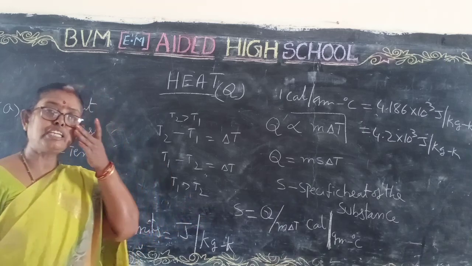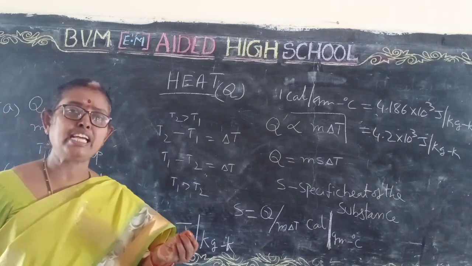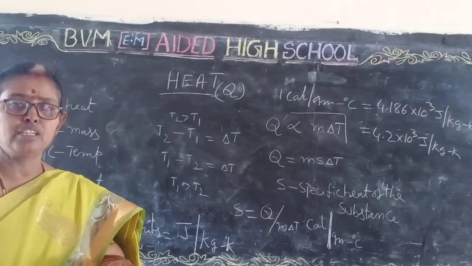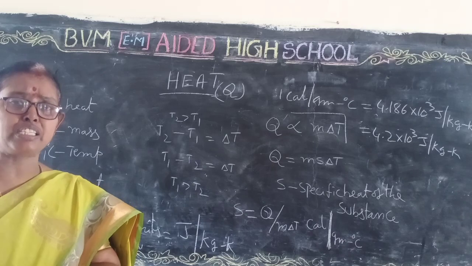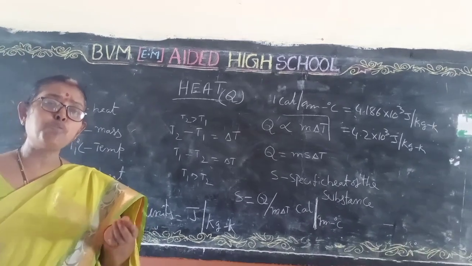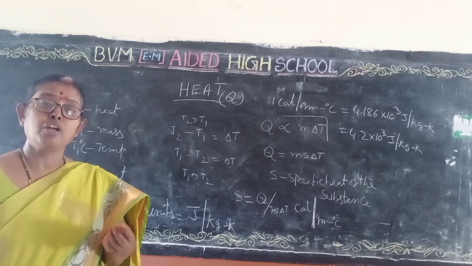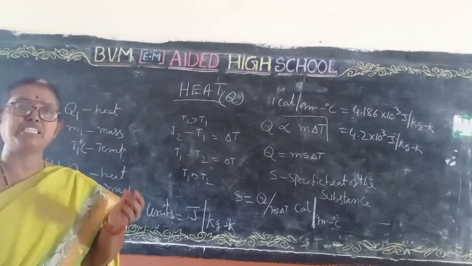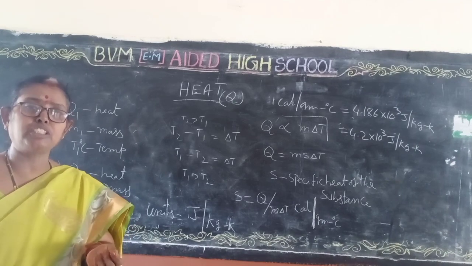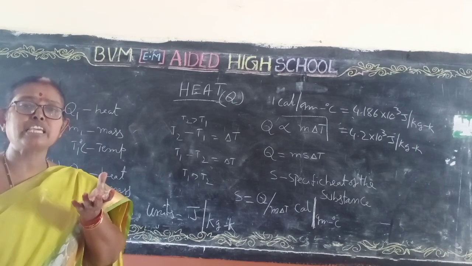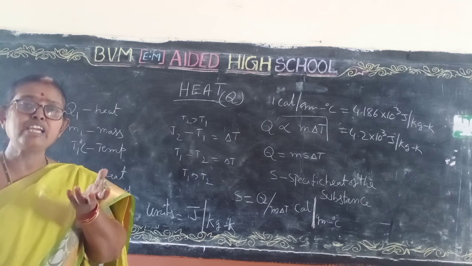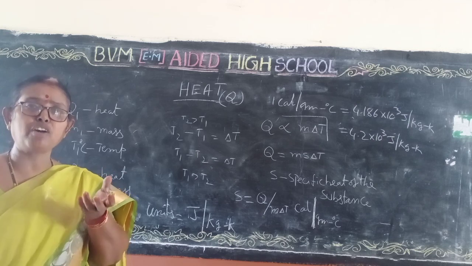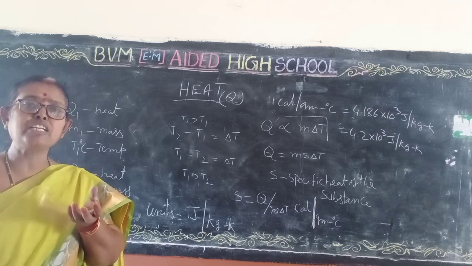In general they will ask, why nowadays are we using copper bottom vessels for cooking? In olden days they used only aluminium vessels. Aluminium has a specific heat more than copper. But nowadays for steel or any vessels, you are using copper bottom vessels. Why? It distributes the energy equally and gives more heat to the vessel. So easily we can cook the food, or heat the water or milk quickly.